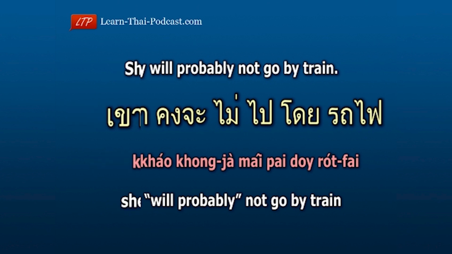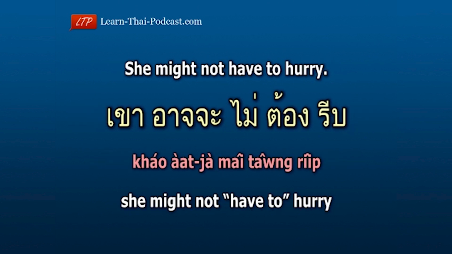Or another example. She might not have to hurry. เขาอาจจะไม่ต้องรีบ She เขา might อาจจะ not ไม่ have to ต้อง hurry รีบ. She might not have to hurry. เขาอาจจะไม่ต้องรีบ